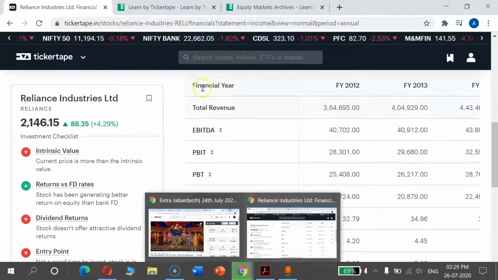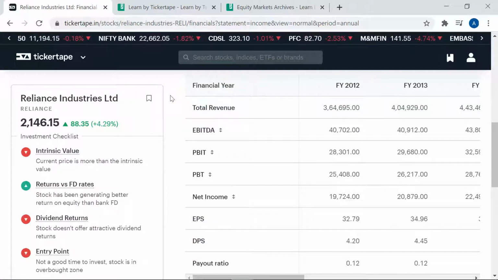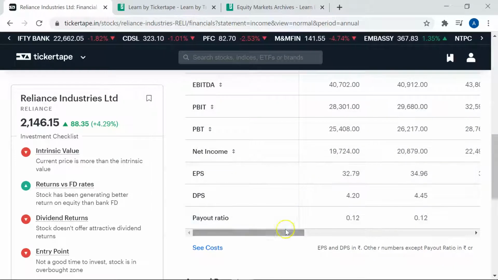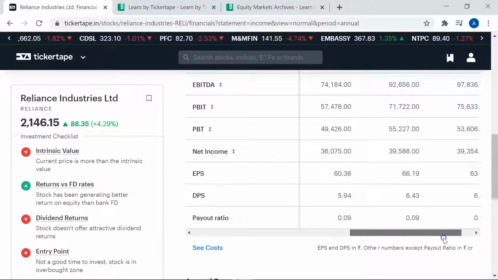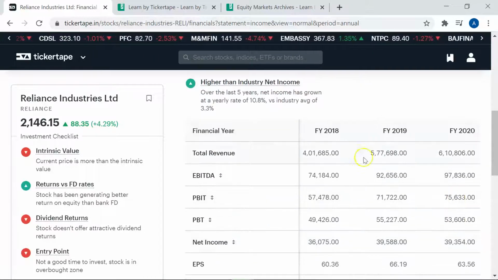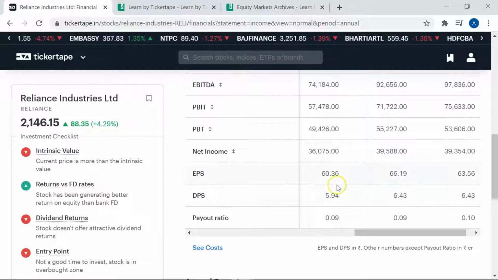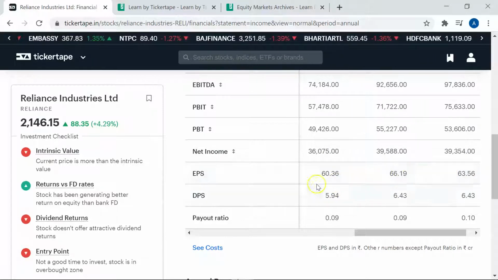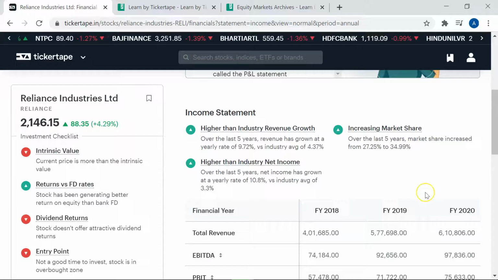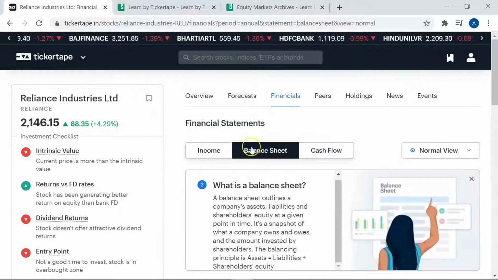If you want to check the same on the Money Control website or any other website, it does take a lot of time and you have to search in multiple places. Here you can search for multiple years in a single place. So if you want to see, the total revenue for Reliance Industries keeps on increasing over the last 3 years. Profit before tax is also increasing, net income increasing, earnings per share is not showing a specific trend. So I think it's a good place wherein all the data is collected.